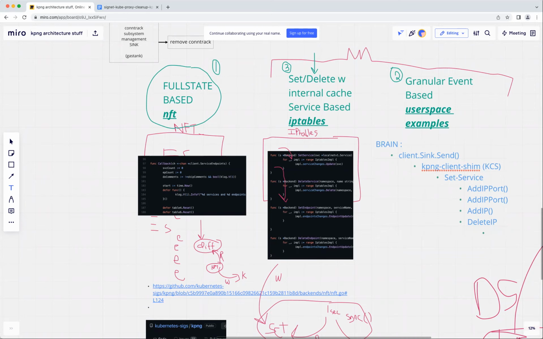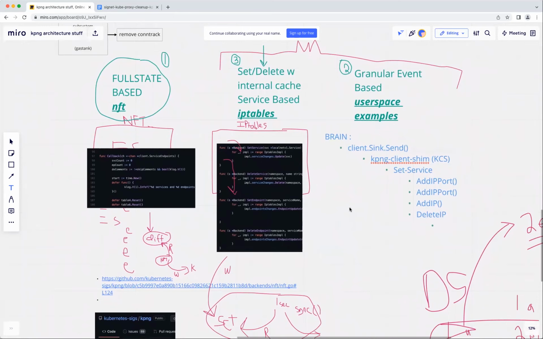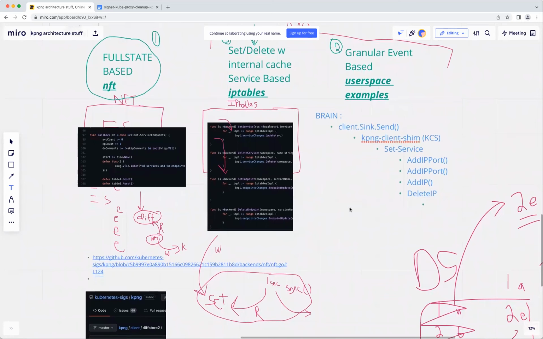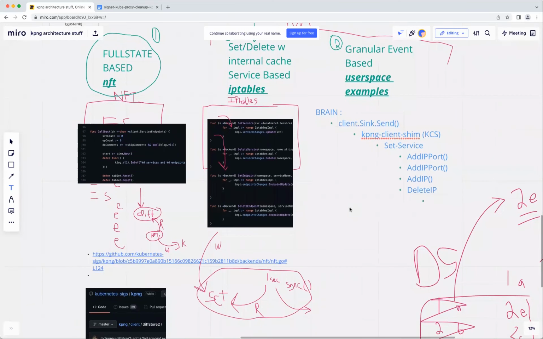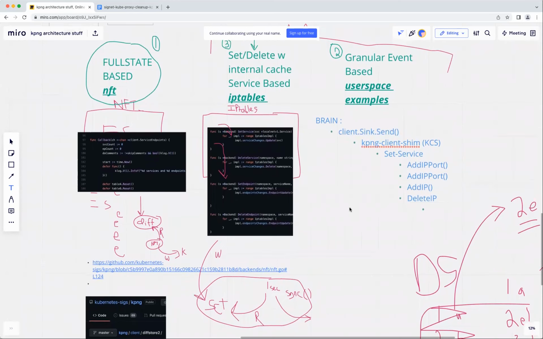Right now, we are using that filter reset in the IP table. Earlier I was looking at service events for those atomic changes, but then Lars in the last meeting was saying that there are some issues with that. So right now I am not proceeding in that direction. I think the other one is how it is in Kube-Proxy, but it won't be a full state, rather event based using filter reset.